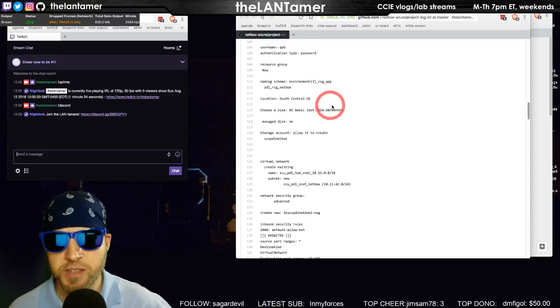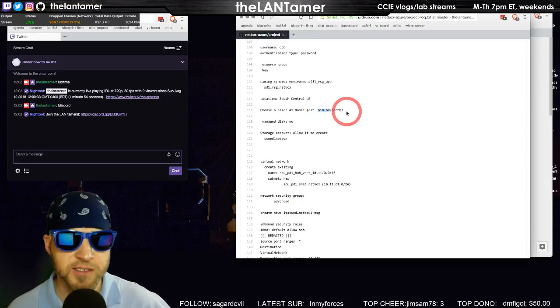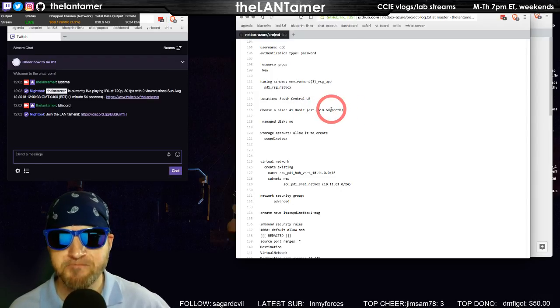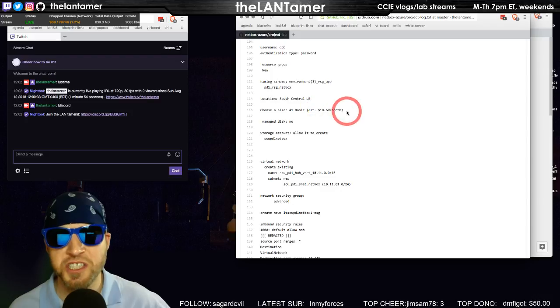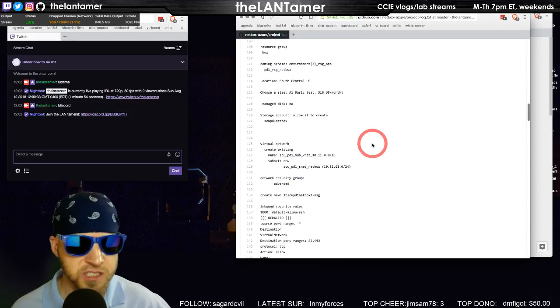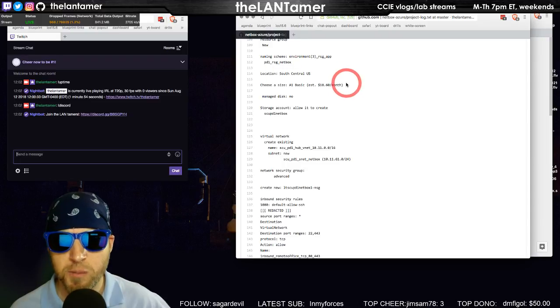I also have a policy set up in Azure where it shuts it down every day. If I leave it on by accident, it will shut it down at night. So this should be really cheap to run, folks. And that just gives you an idea for a Ubuntu 16.04 server running A1 Basic.